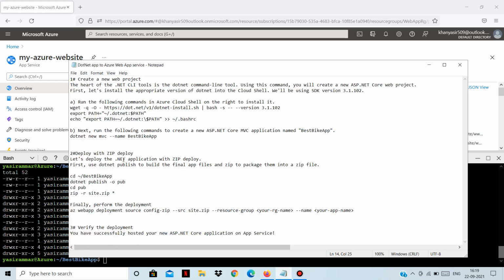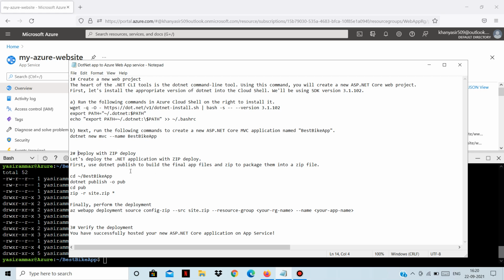Okay, so the next method is deploy with zip deploy. Okay, now let's deploy the .NET application with zip deploy. First use .NET publish to build the final app files. Okay, so like when we write our Java application or some Java code, we compile them and create some class file. Okay, some compilable file.